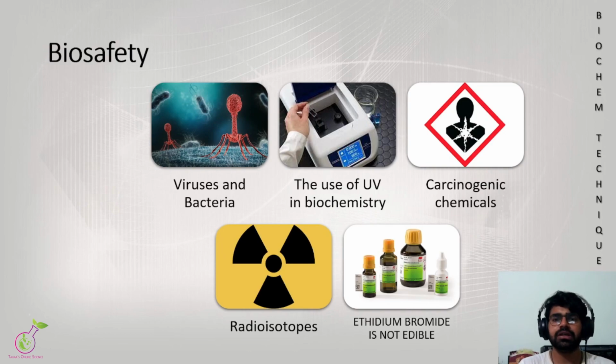UV, ultraviolet rays, are very important for working in a biochemistry lab, because even chlorophyll can be studied using UV. Chlorophyll, being green in color, gives a specific color under UV. So we can check the concentration and the quality of the chlorophyll using UV. And besides this, when we are studying DNA, as I mentioned earlier,